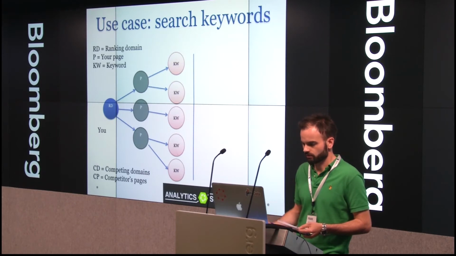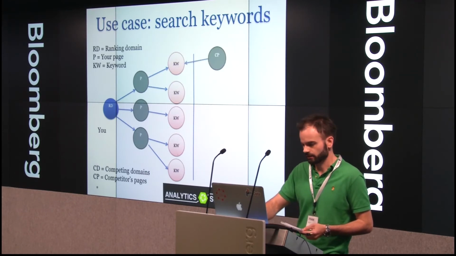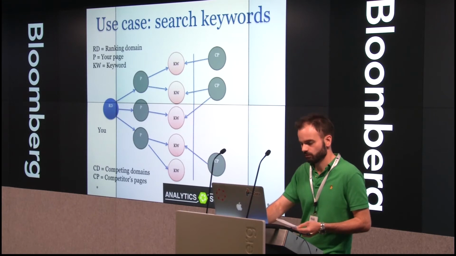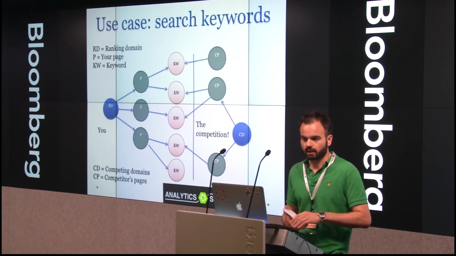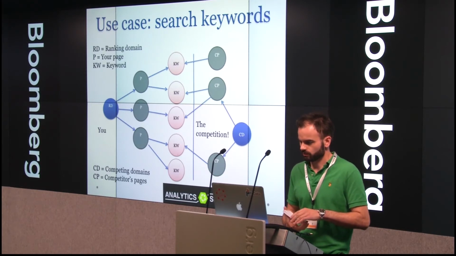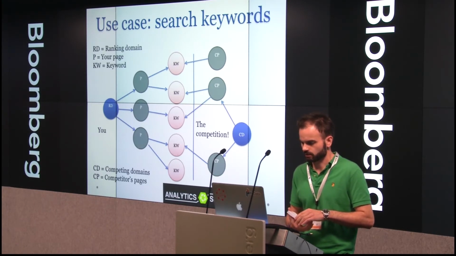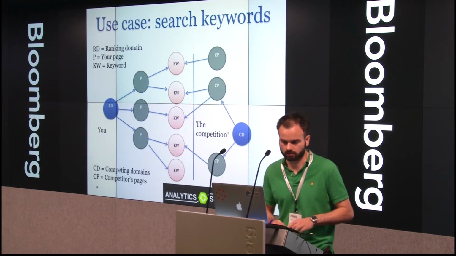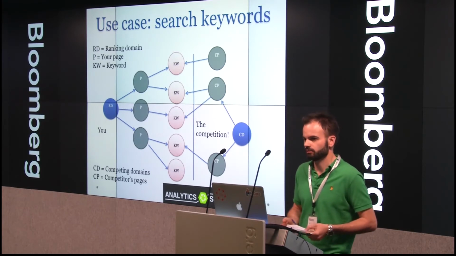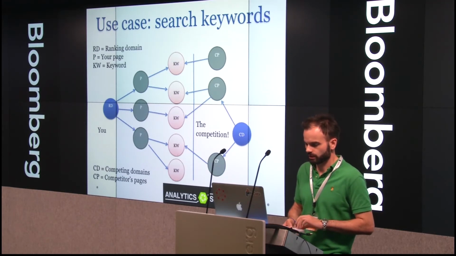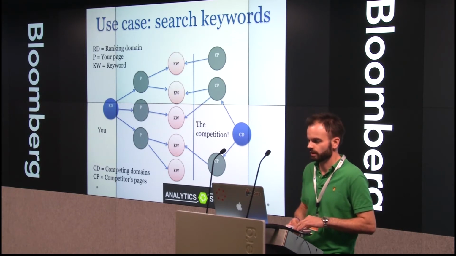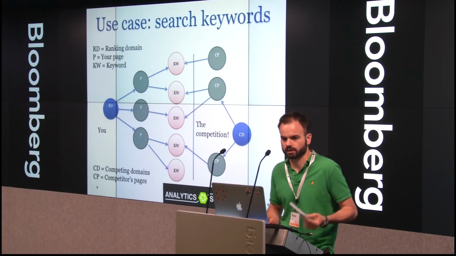So you can then go from the other side. You can look at other pages that rank for the same keywords. You find out who is your competition. Sometimes there are surprises, because your online competition, if you're a retailer, say, may not be the same as your typical high street competition. So, for example, Snow and Rock, they sell snowboards. They assumed that they would be competing with ski shops and ski suppliers, but they were mainly competing with, say, Debenhams or